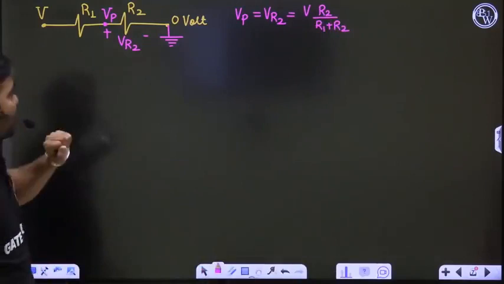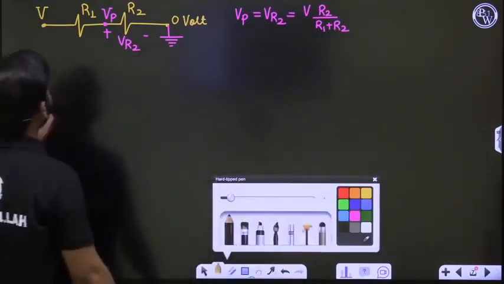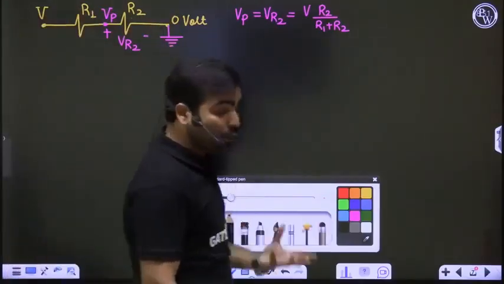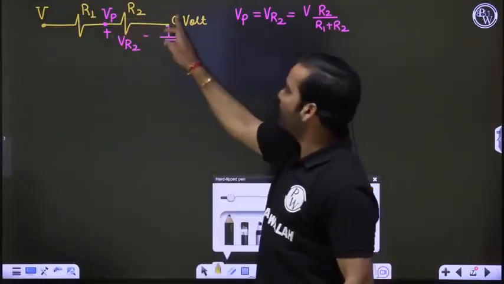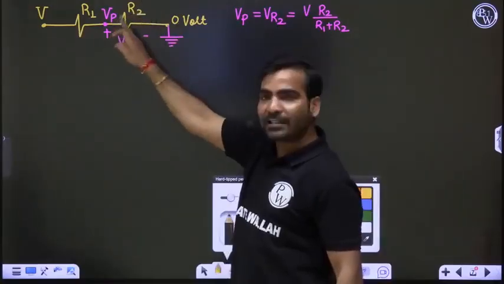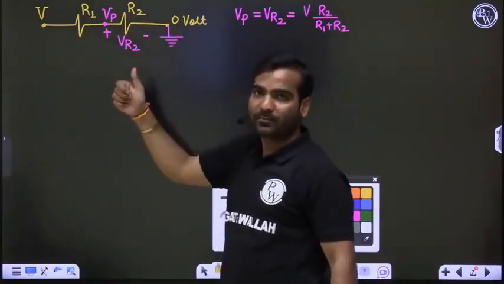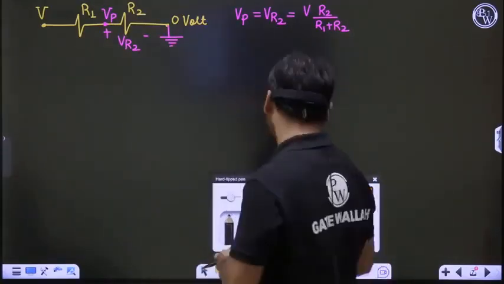This is the equation. Now the interesting thing is, suppose in this case we are having only V voltage over here and here we are having ground. Suppose we are having two voltages, one voltage over here and one voltage over here. Both sides you are having a voltage, and then I ask you what is the voltage at this node. So you have to use the superposition theorem. So what is superposition right now?